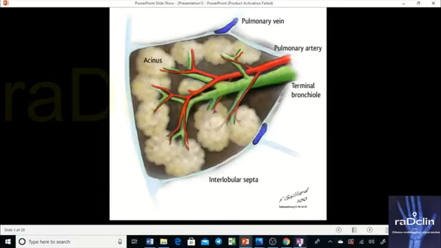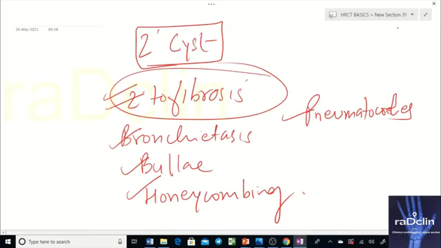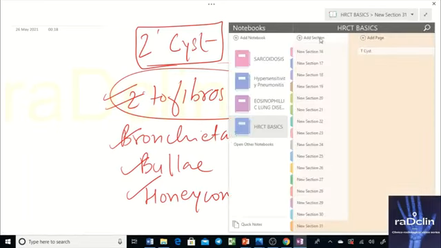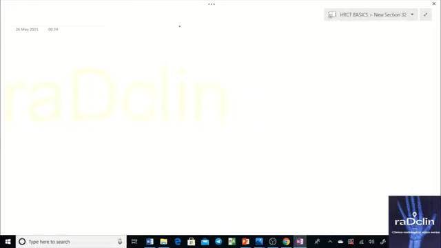Okay, so I think we discussed all images in this section, and that was all about this. We discussed chest X-ray also. In chest X-ray we discussed the reticular patterns: medium reticular pattern, fine reticular pattern, or coarse reticular pattern. How do they appear? What are the relations with the HRCT findings? One thing that we didn't discuss, and I would like to briefly mention, is the nodular pattern on X-ray. We discussed nodular pattern on HRCT.